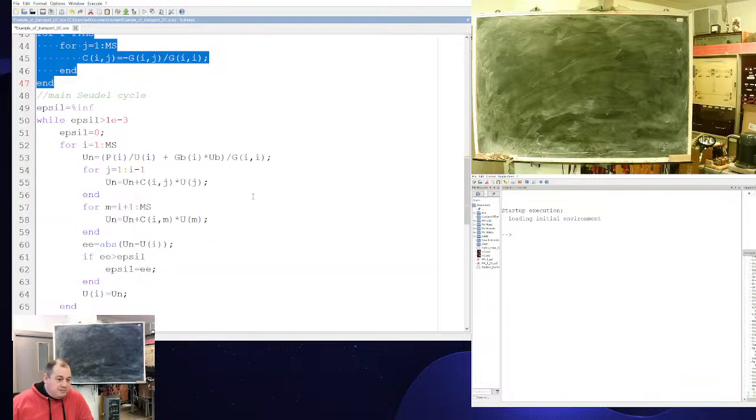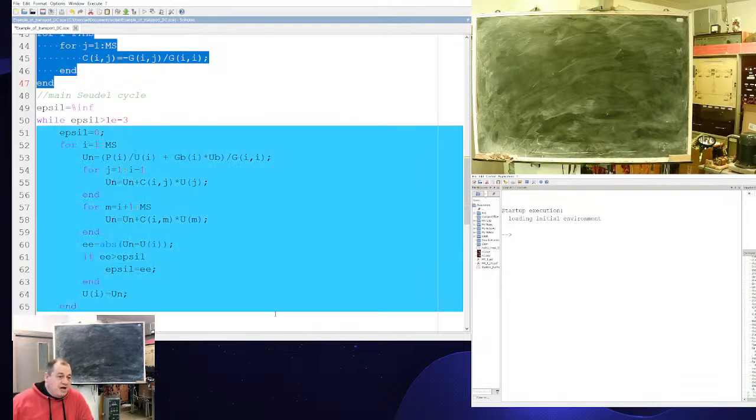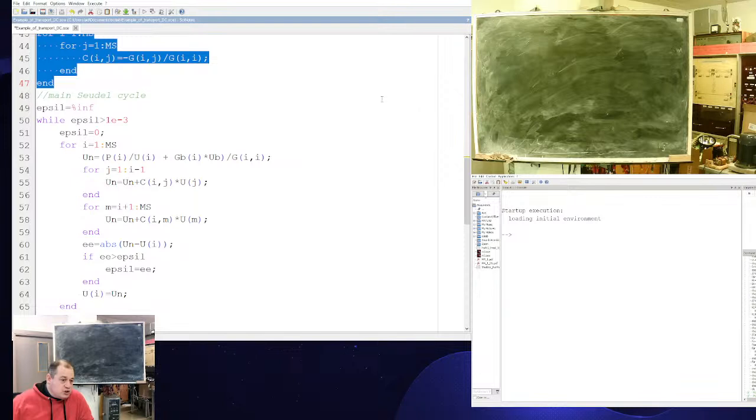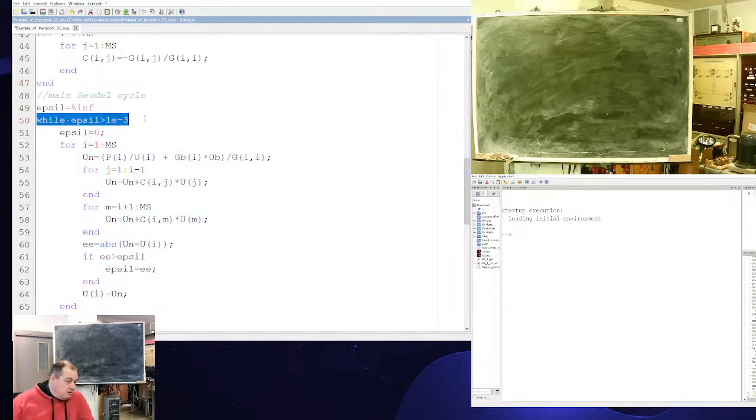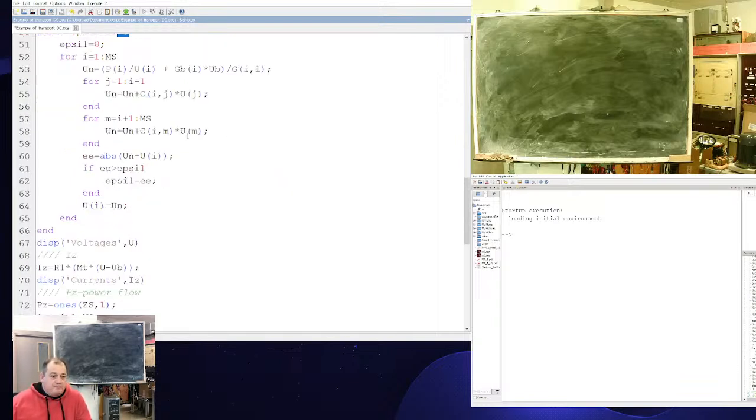Now the key part, the main Seidel solution cycle. I will repeat until precision is achieved. I have asked for precision, take a look, 1 millivolt. For 600 volts, I've asked for 1 millivolt. Okay, so